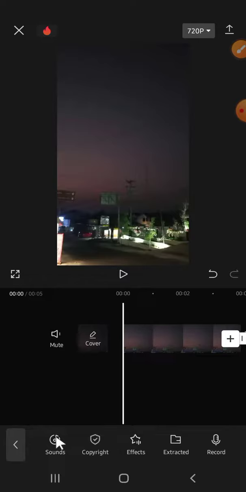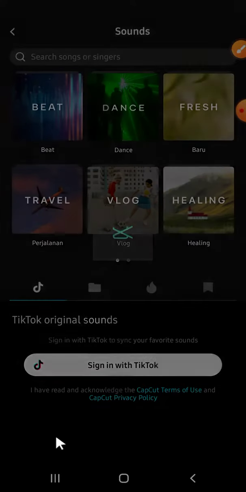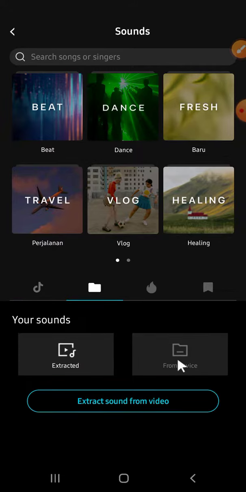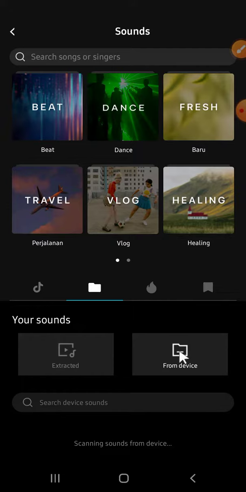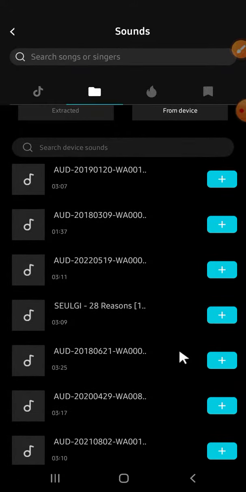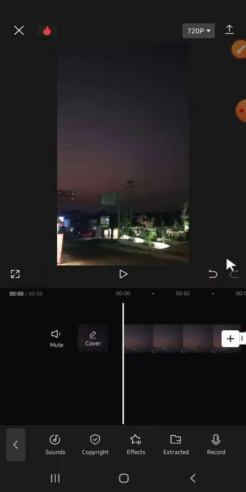Then hold on guys, it's still loading. And if we want to import a sound from our device, we can click on this button right here and choose from device. Alright, and we can scroll our screen until we find the sound that we like, and we can click on this plus button to import the sound. Alright, and hold on. Okay guys, now the sound has been imported to our video,